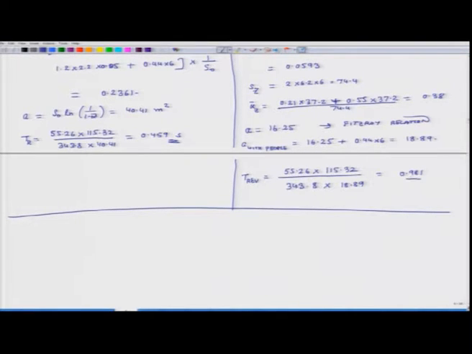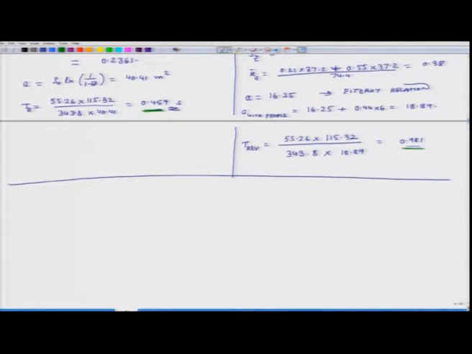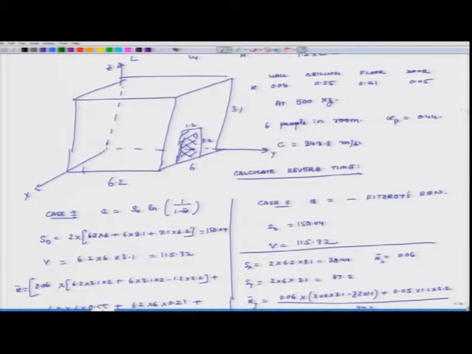So, you see that the value, if I did not use Fitzroy's relation, would be half, and maybe it will be totally off compared to the one which is computed through the Fitzroy's relationship. And the reason for this is because the surfaces are significantly different in terms of their absorption characteristics. So, if that is the case, then we have to use Fitzroy's.